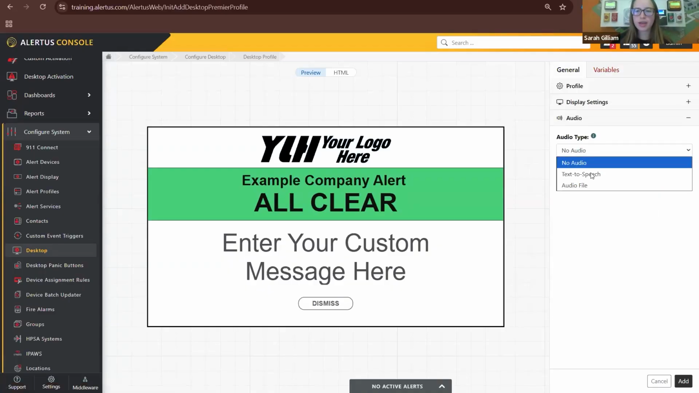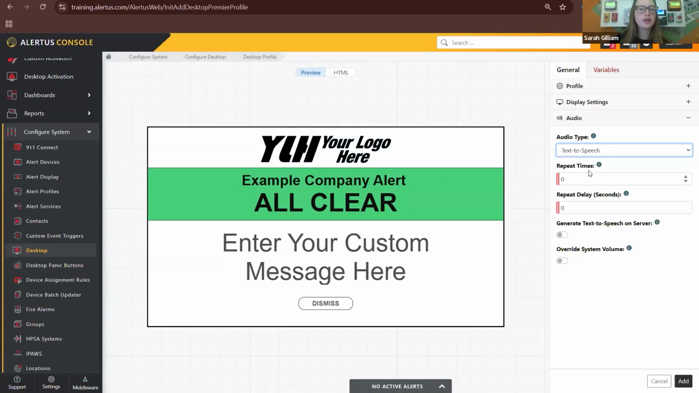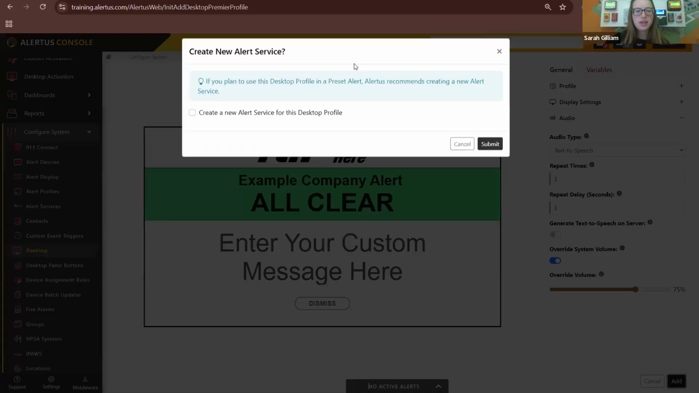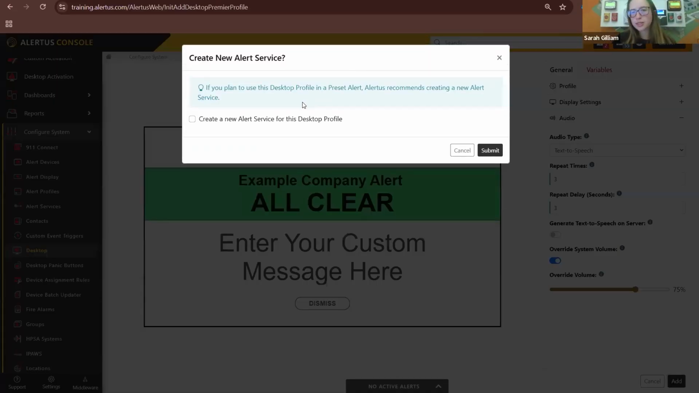Maybe I will also pick text to speech for this example. Maybe I'll also have it repeat 3 times with a 3-second delay, and I'll also go ahead and override the system volume. So I think this looks good. I'm going to go ahead and click add as well, and I'll go ahead and make that alert service with